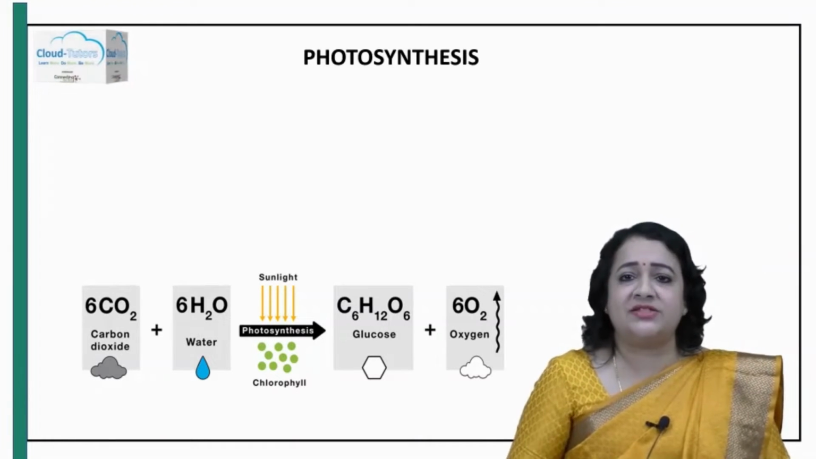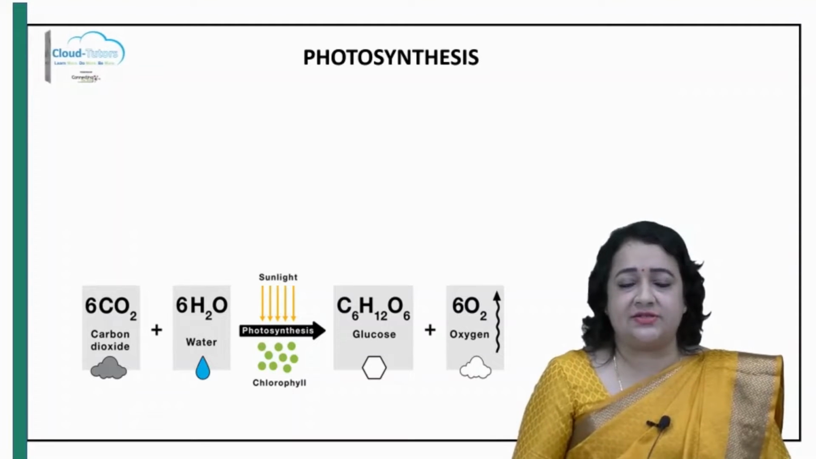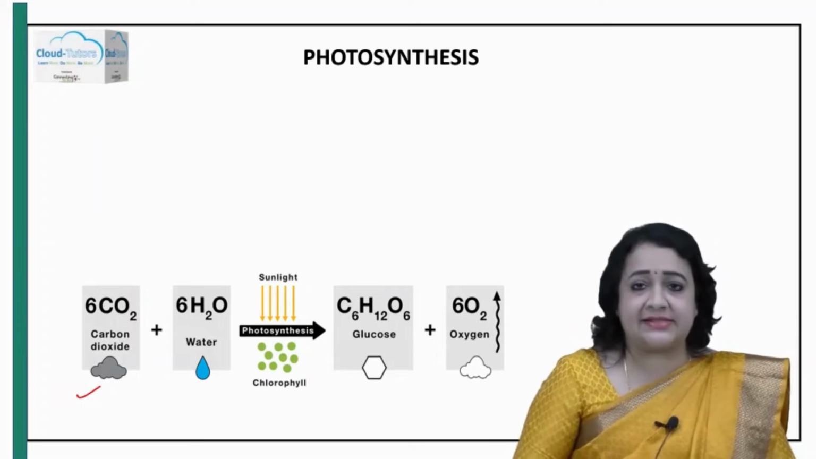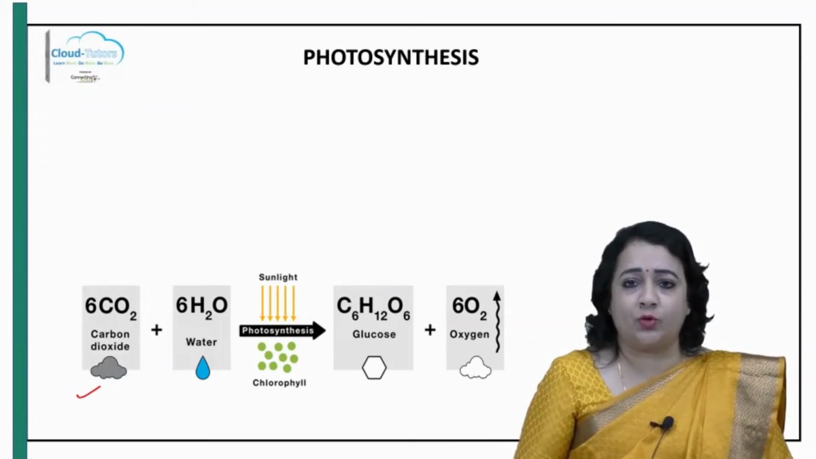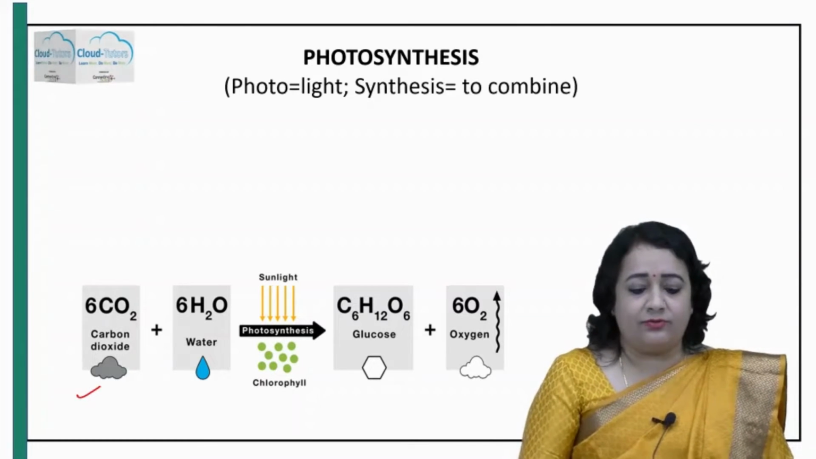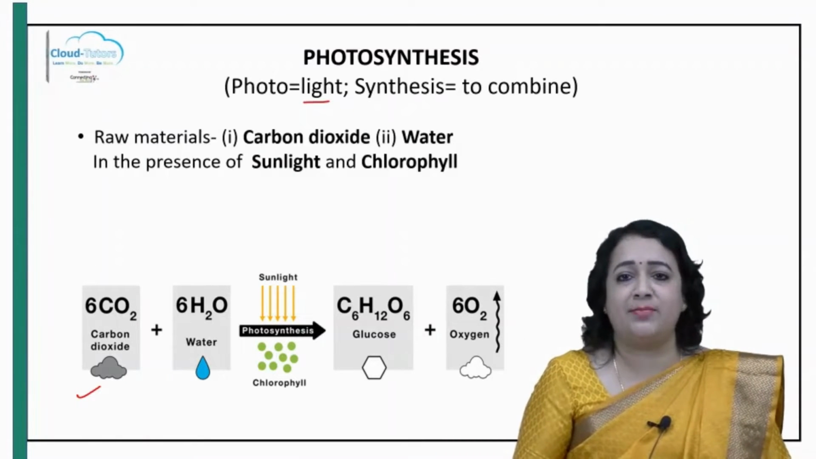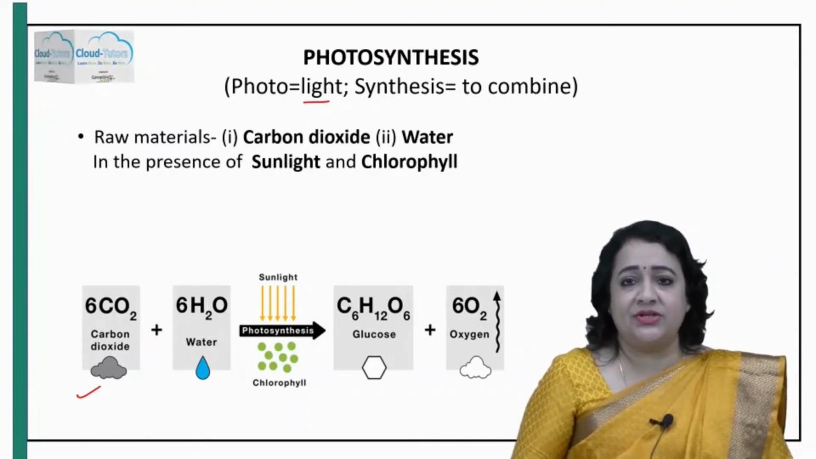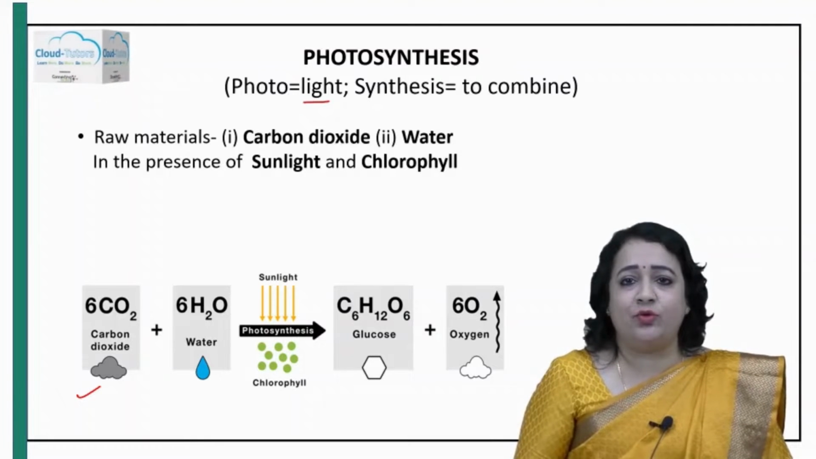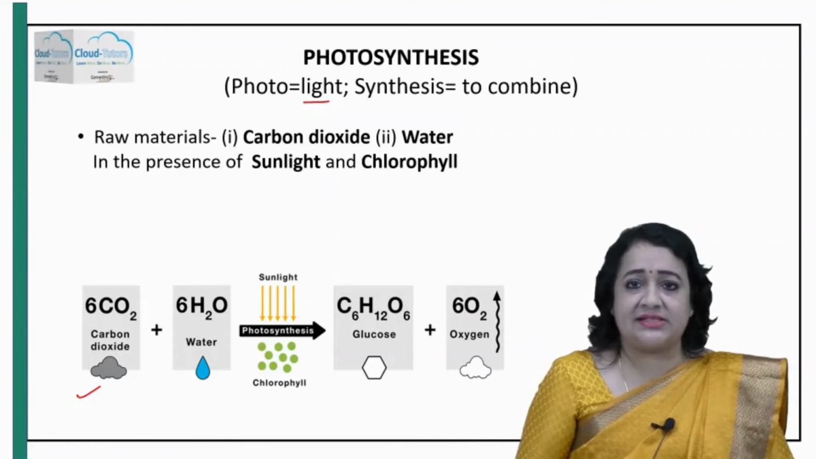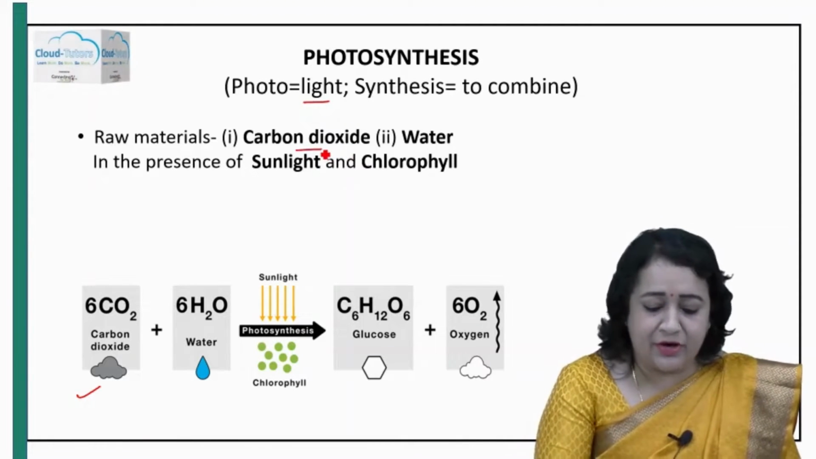So now let us concentrate on photosynthesis. So what happens during photosynthesis? This equation represents the equation for photosynthesis. So photo is nothing but light and synthesis is to combine or to produce. So using sunlight, food will be prepared here. So the raw materials for photosynthesis are carbon dioxide,